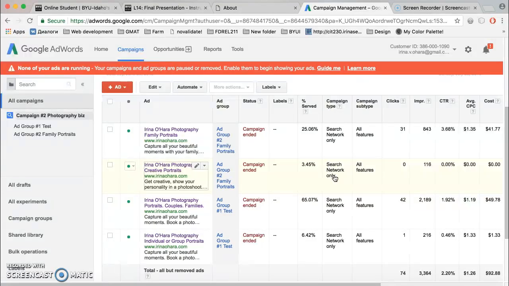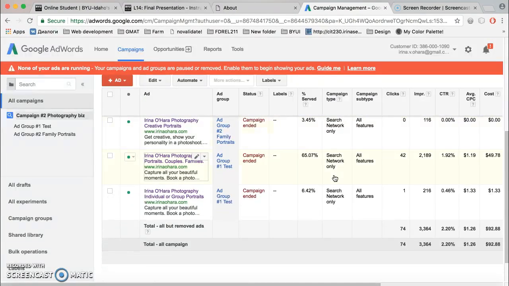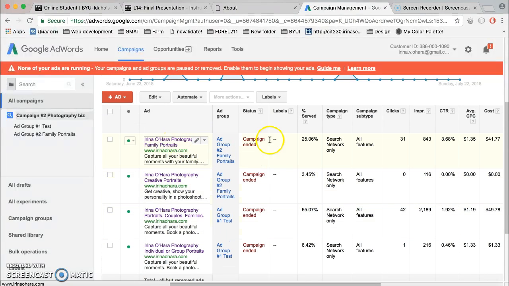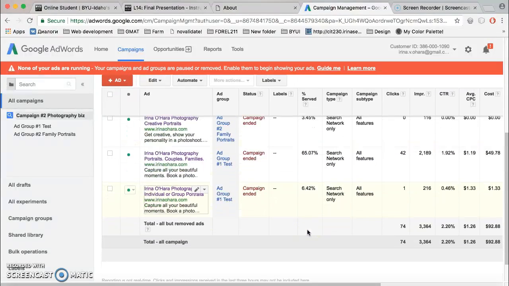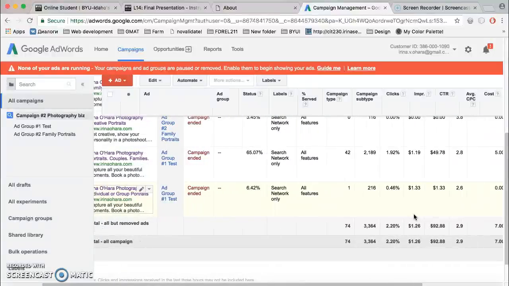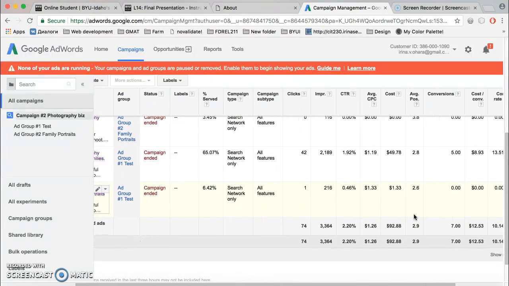website. And so that's why you can see that, for example, this ad did better than the second one, because the second one was actually alive just for a few days compared to the first one. Same with these two. And so overall I had 74 clicks, over 3,300 impressions, and it cost me a little